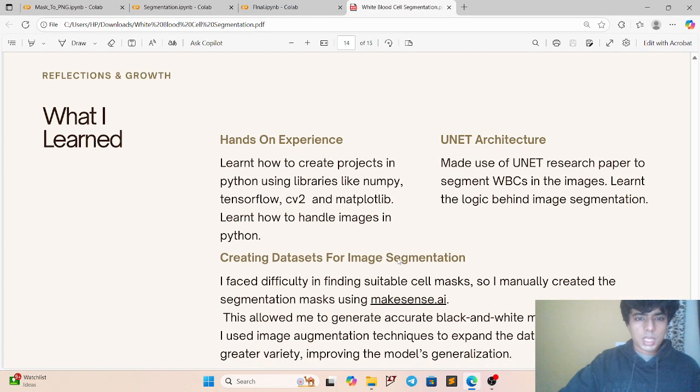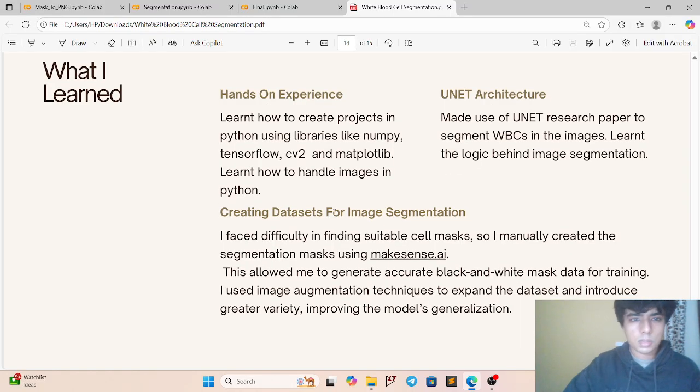So, yeah, what did I learn from doing this project? First of all, this project gave me hands-on experience in Python libraries like NumPy, TensorFlow, CV2, Matplotlib, and I also learned how to handle images in Python. Second,